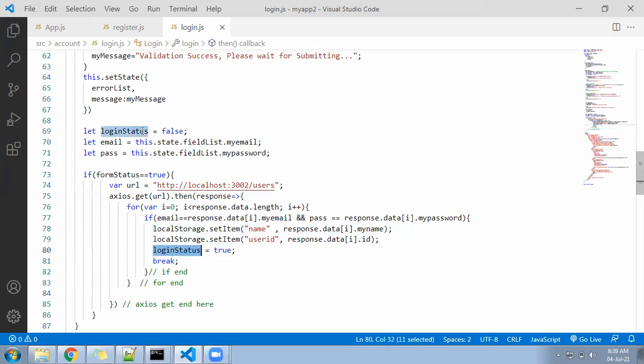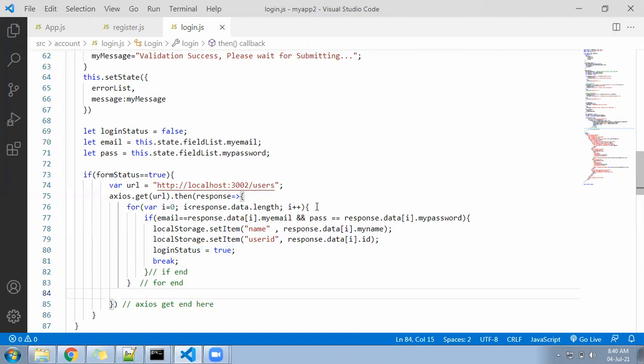With the help of this variable. See, by default, this variable is false. And here, as soon as the user is found and user details match, we say okay, login status becomes true. Correct? Now, we are going to check in the last. You can't write the if else condition here because it is under the loop.